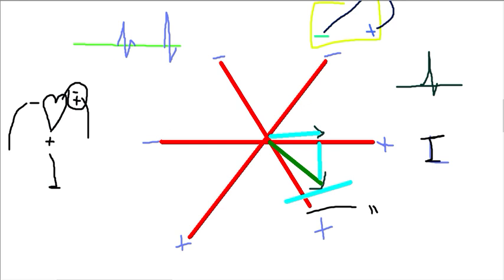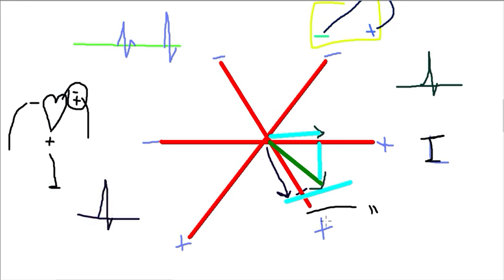In the case of lead 2, we will draw the projection of this vector here on lead 2. As you can see, this is lead 2 and this is the projection on it. It shows that the magnitude calculated by lead 2 is much greater as compared to lead 1. It will also be projected in the positive direction, as this is the positive axis and this is the negative axis.